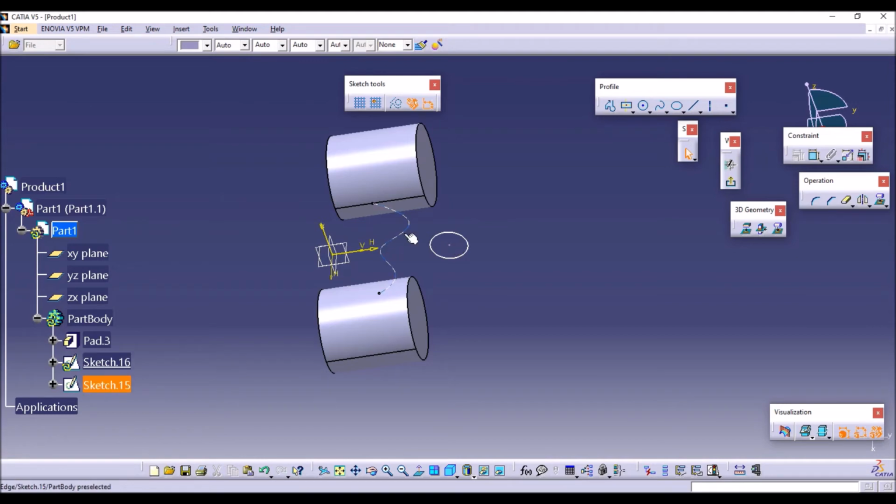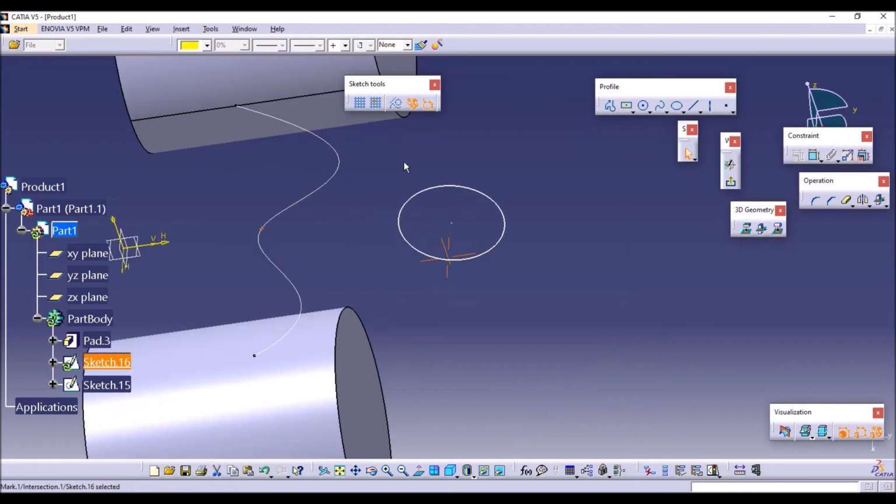Now point the center point at this spline. So further we need to project this spline. Okay, so select this and use the intersect 3D elements to get the point here. Now by using the coincident option in the constraint, coincide this point with this circle center point. So select this point and select the circle center point by using control. Go to constraint and make it coincident so that circle is coincident with this spline point. Now exit from the sketch.